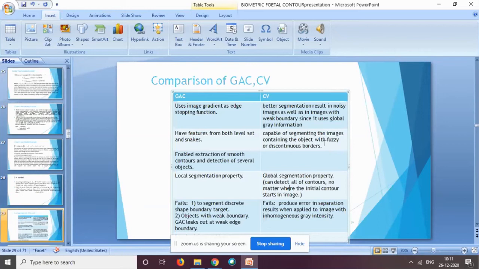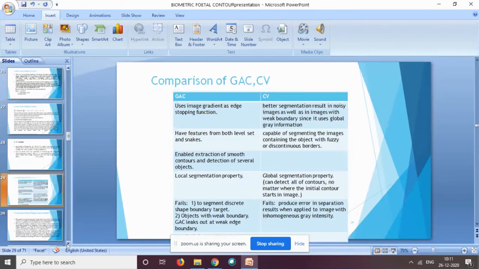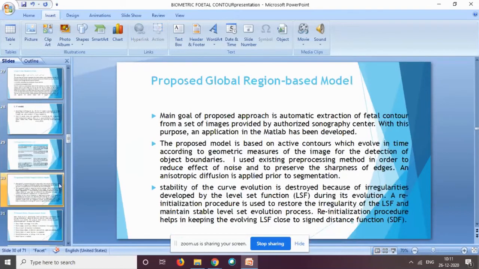Initially I performed the global image segmentation, and after that I applied the local image segmentation. So the parameters C1, C2 that I specified change in the case of local image segmentation. Now let's see what my global region based model is.